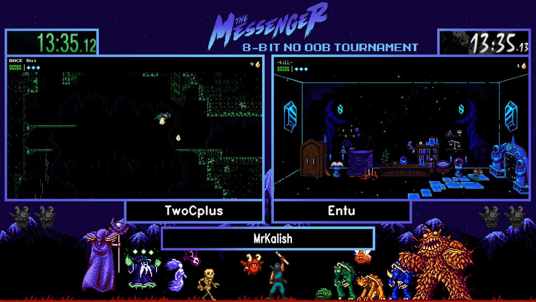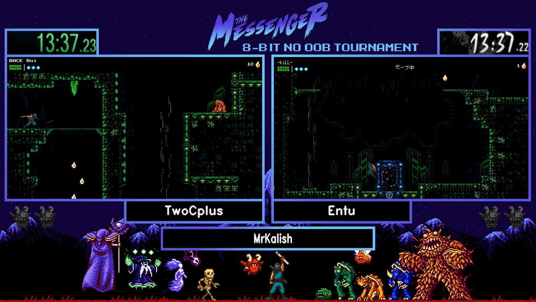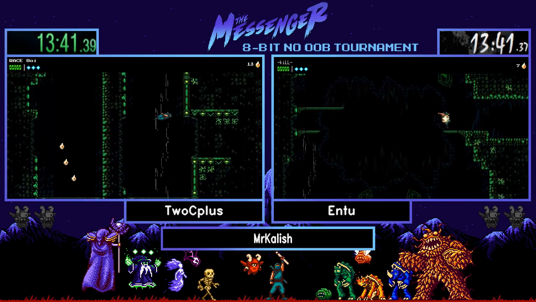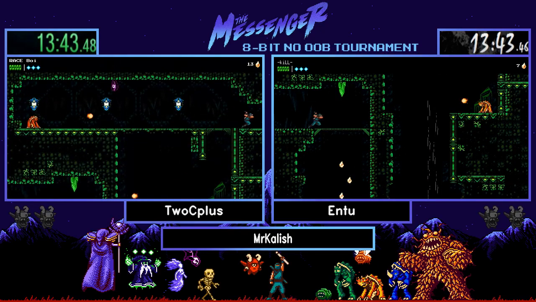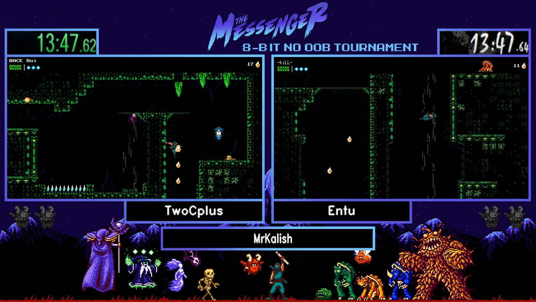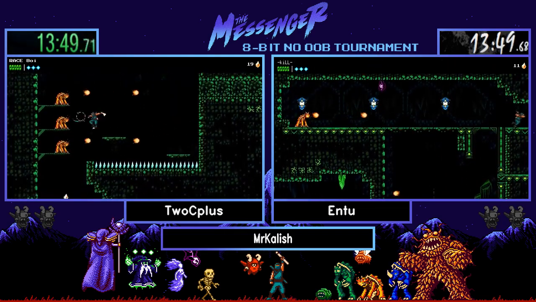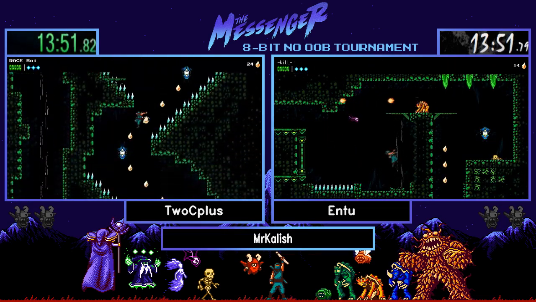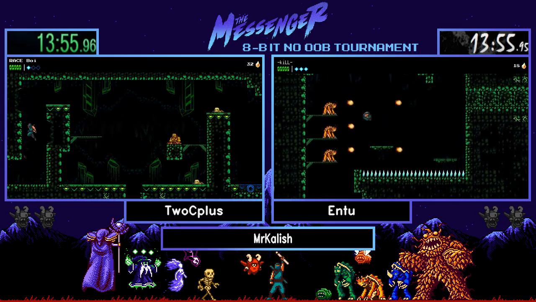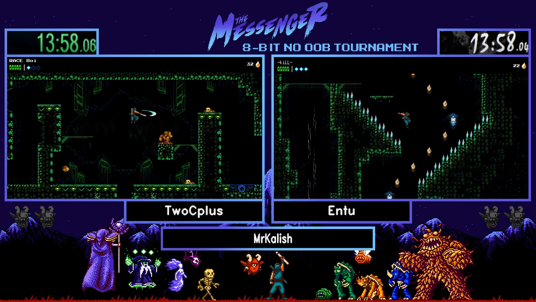This is a very, very close race. Again, all coming down to that spike tower skip. I was very surprised that 2C went for that. 2C does opt to go for the YOLO jump, which is really impressive. Again, something I didn't expect him to do, but...